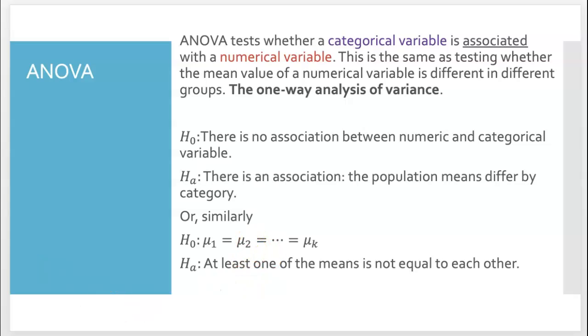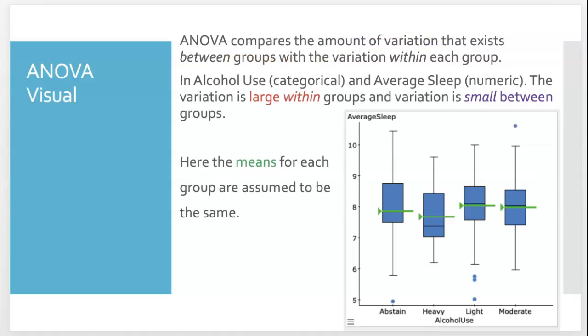But ANOVA, they call it analysis of variance, yet the null hypothesis is about the means. So these next two slides are very important to understanding what the ANOVA test is doing. The reason they call it ANOVA, analysis of variance, is that it compares the amount of variation that exists between groups with the variation within